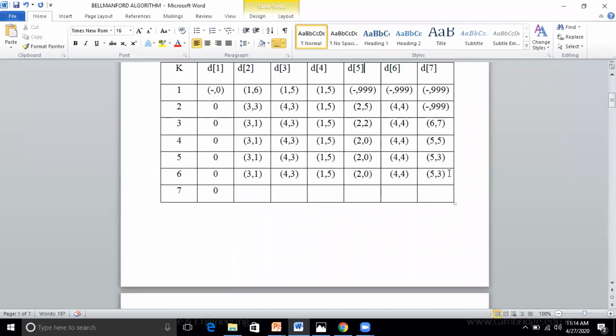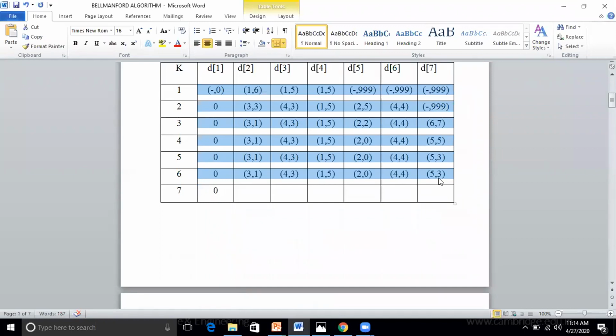Now, we'll perform this operation n minus 1 times to find the shortest path. To find whether a negative cycle is present or not, we'll compute one more iteration. Any doubts, students? No, sir. Right? So we'll compute n minus 1 iterations to find out the shortest path, and the last iteration we will compute to check whether we have a negative cycle or not.